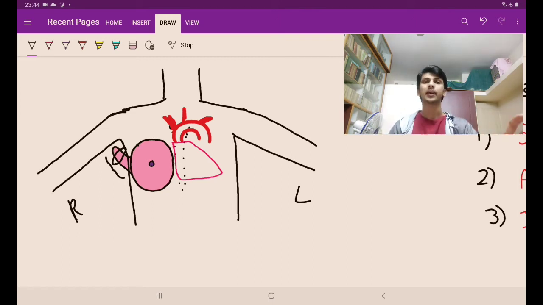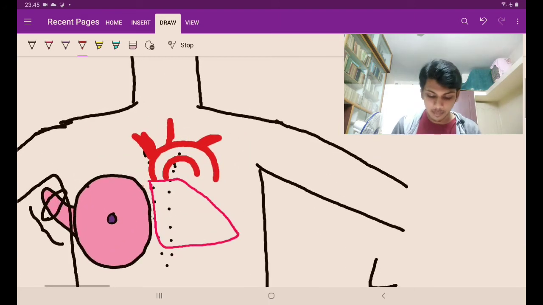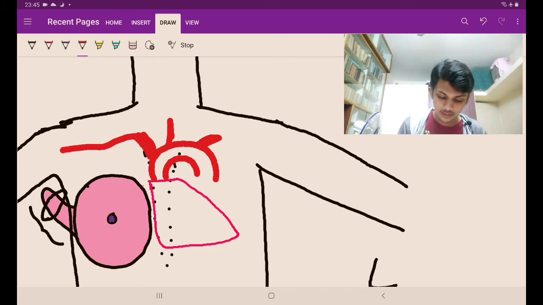So how I used to remember it? In school days, in first year, we used to remember it from right to left: bring cookies and soup. Bring is the brachiocephalic, cookies is the left common carotid, soup is the left subclavian. Now see this, guys, something interesting happens here. The brachiocephalic trunk on the right side divides into right subclavian and right common carotid. Right subclavian and right common carotid.